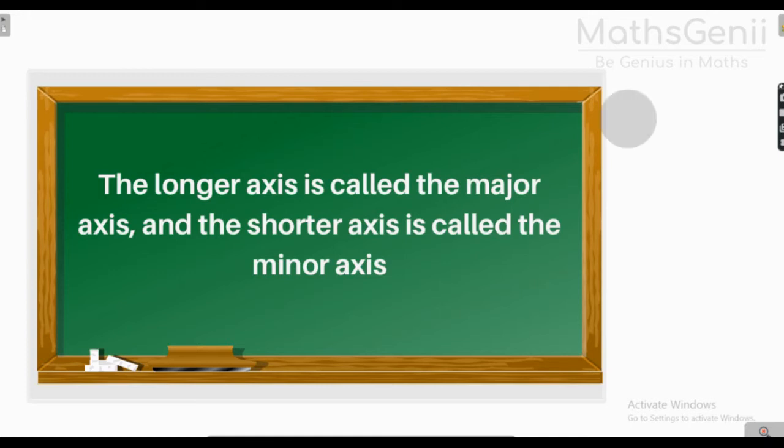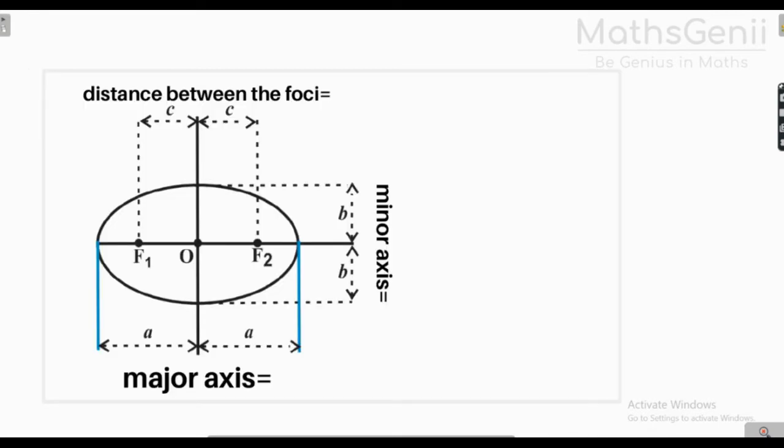Now let's look at the next thing, and again we're going to discuss this in detail with a lot of graphs. This distance is a bigger distance, called the major axis. Now suppose this is A, this is B. From O to A, what is the distance? A, correct? From O to B, what is the distance? A. So this entire thing is your major axis. So what will be the distance? A plus A, 2A.